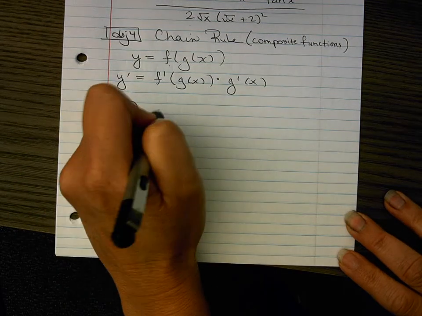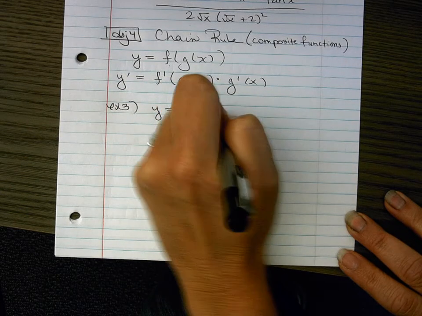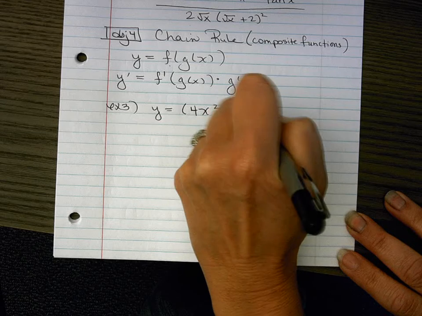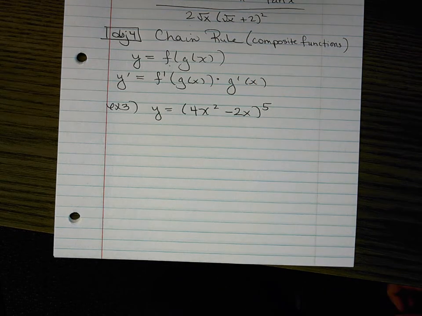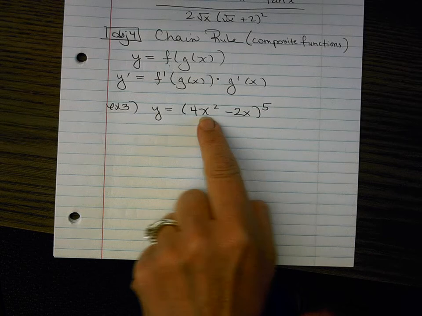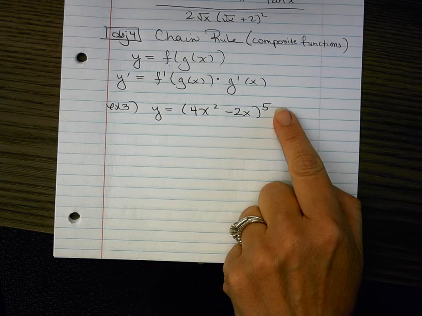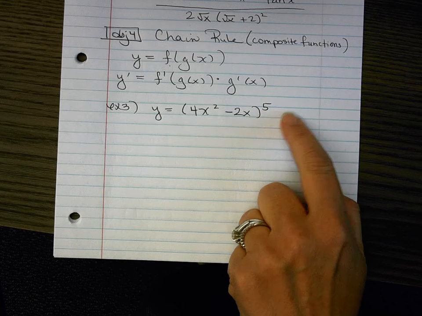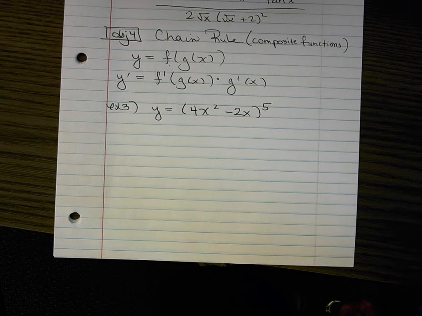So if we have y equals 4x squared minus 2x all to the power of 5. If you look at this, I have a couple things going on here. I could take the derivative of that, which is like 8x minus 2, but then I have this 5 out here I have to do something with as well, but it's a power, so I pull down the 5, reduce by 1, right? So chain rule just tells us again, one thing at a time, don't rush it,